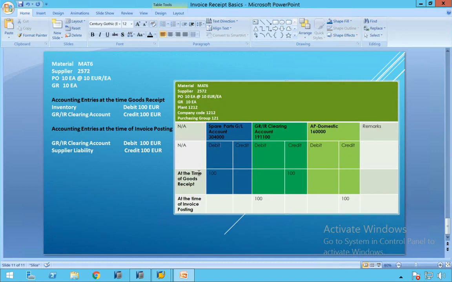So at the time of goods receipt, 100 is the debit, offsetting entries credited to the GRIR clearing account, and at the time of, oh sorry, this we have to format. Okay, we'll do the filling.